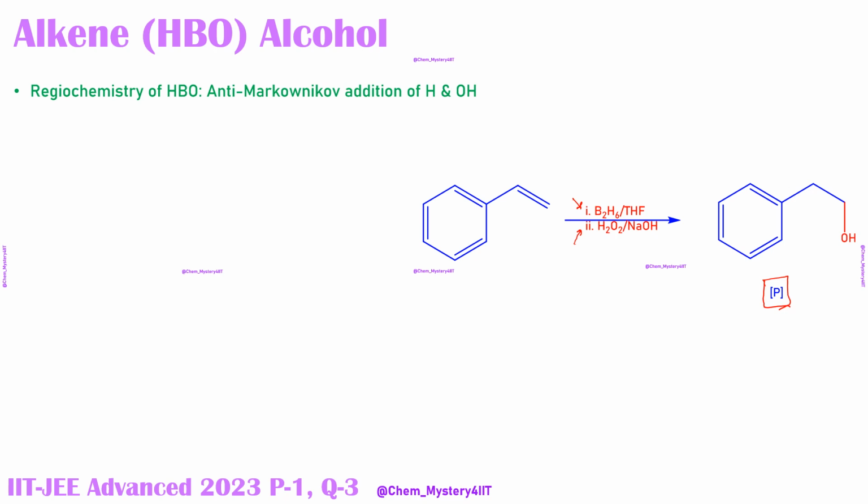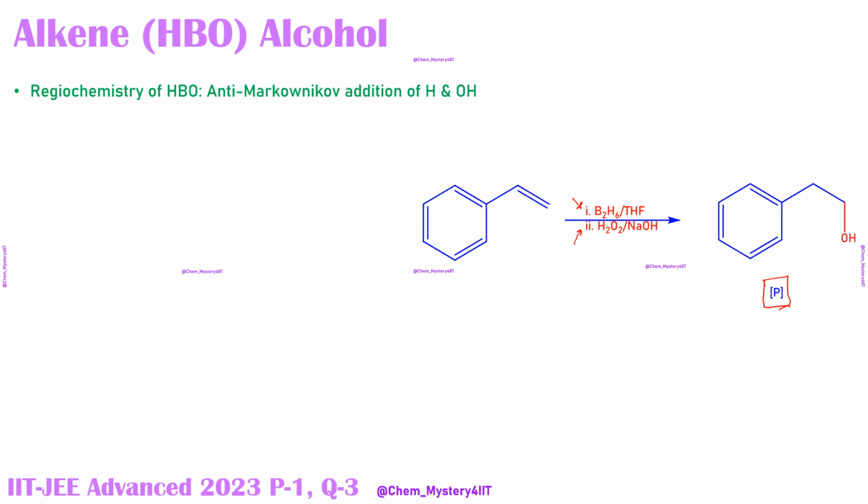This reaction has regiochemistry. Regiochemistry means when two different atoms or two different groups are being added across the double bond, where H goes and where OH goes, that we consider as regiochemistry. The second thing is stereochemistry. Stereochemistry means when this H and OH are entering into a molecule, where they are ending up: whether they are ending up from the same side of the face of the alkene, or from the opposite side, or from both sides. That is considered as stereochemistry. In this question, stereochemistry was not asked, so we are skipping the stereochemistry. We are just talking about the regiochemistry.